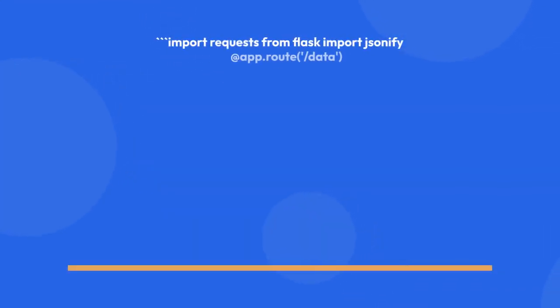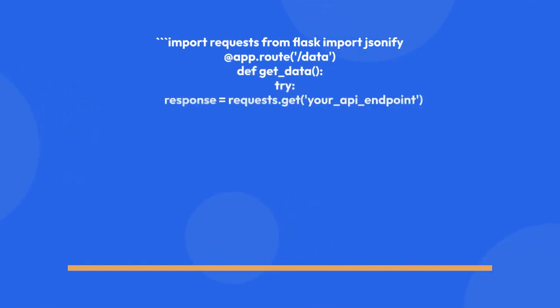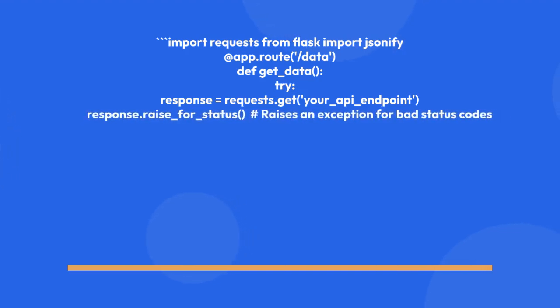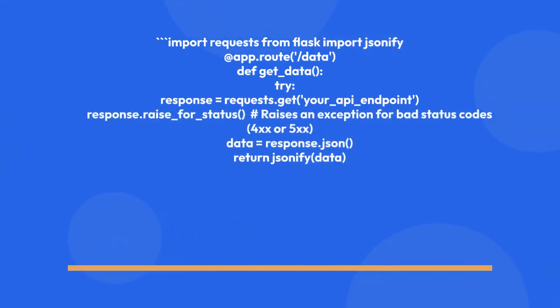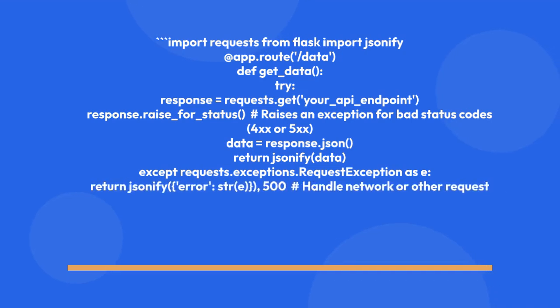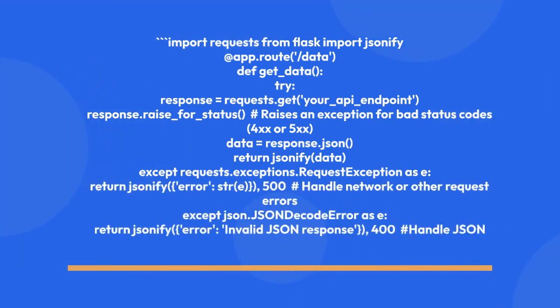import requests, from flask import jsonify, @app.route('/data'), def get_data(): try: response = requests.get(your_api_endpoint), response.raise_for_status() # raises an exception for bad status codes, 4xx or 5xx. data = response.json(), return jsonify(data)